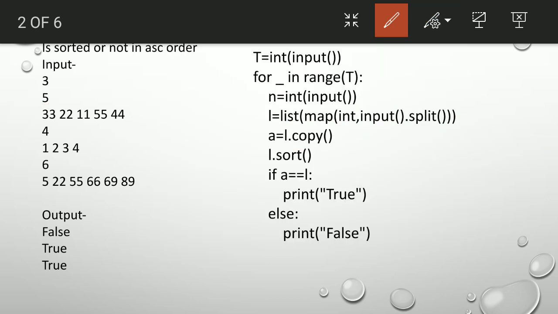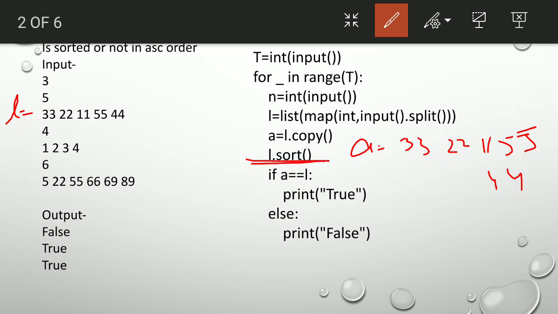So now our L contains this, and A also contains 33, 22, 11, 55 and 44. Now L dot sort.